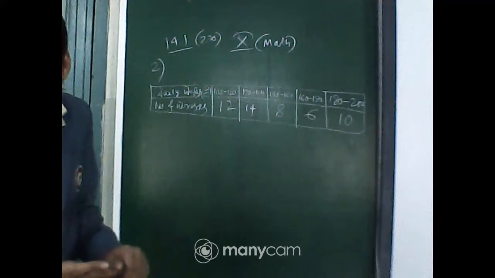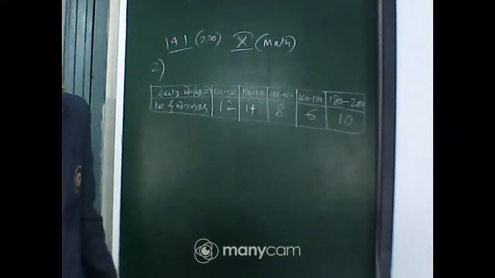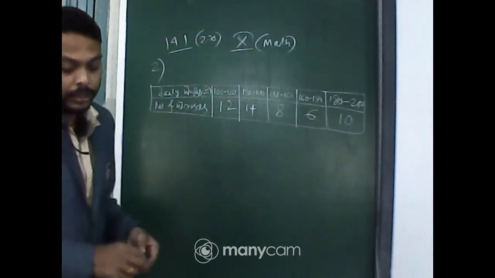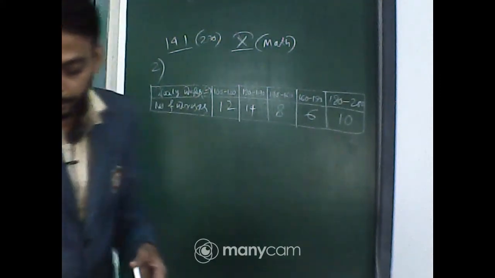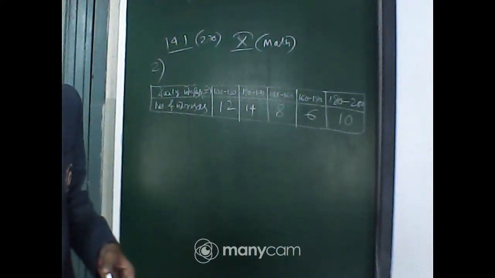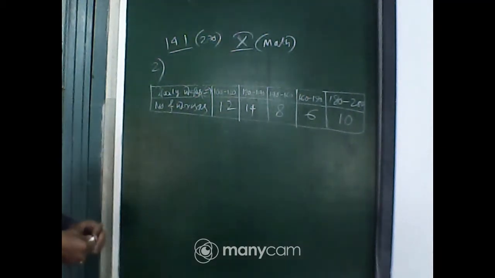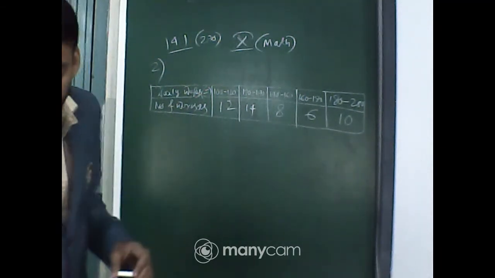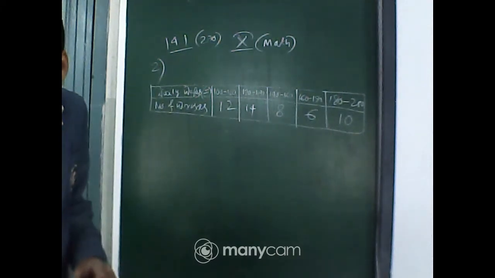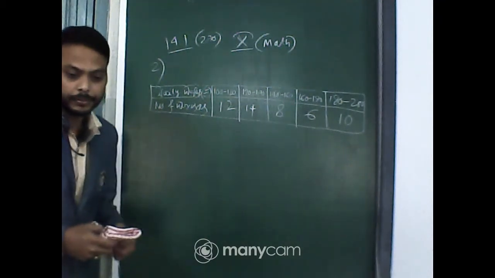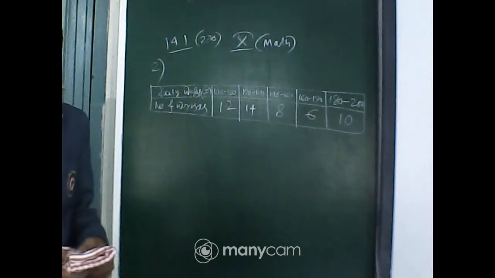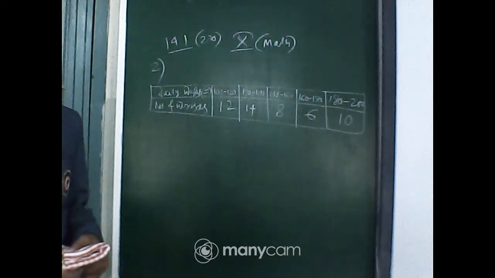In the first problem, the numerical values are too small. Fi and xi both are small, but here, yes. So for easier calculation, step deviation is the best method. So move on to the step deviation method. First of all, for step deviation method, we have to make a table with 5 columns. I am erasing these digits, okay? You just write it in your copy. For making the table, I am erasing this one.